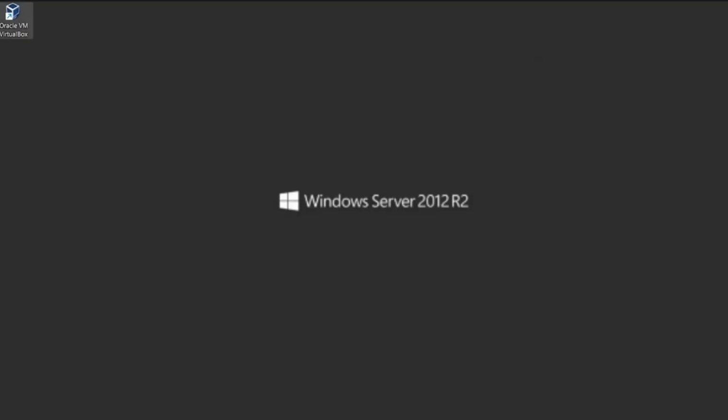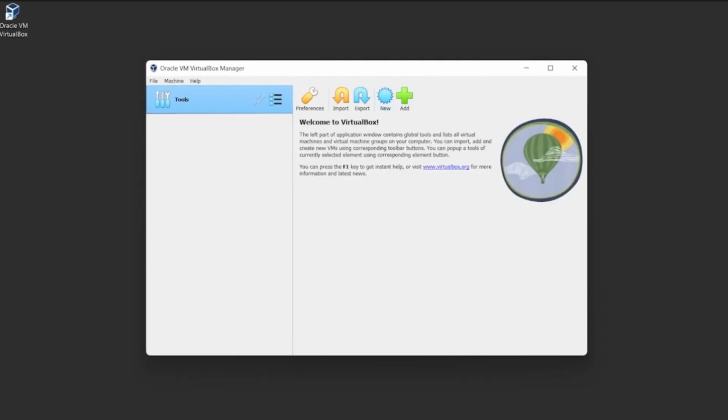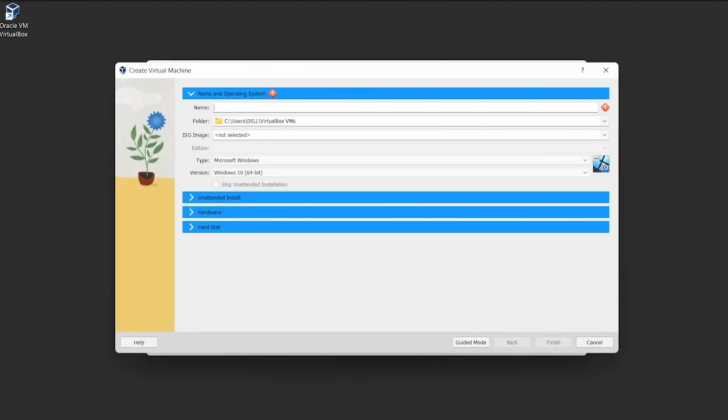So the first thing we need to do is to start up VirtualBox and click the New button in the top right corner, and this is where we name our virtual machine that we are going to create. Here we will choose whatever name we want. Now let's name it Windows Server 2012 R2. Now we will just put it in our default folder,